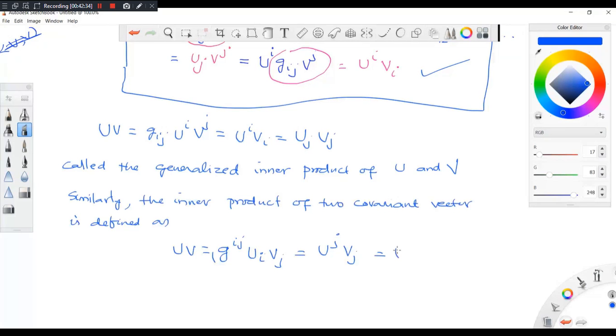So ultimately, when you have a contravariant vector or covariant vector, when you take u into v, the generalized inner product, they will have the same form. See this and see this. So this is 1 and this is 2. From 1 and 2, we find that